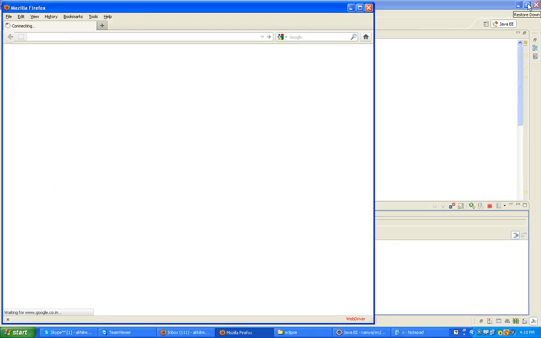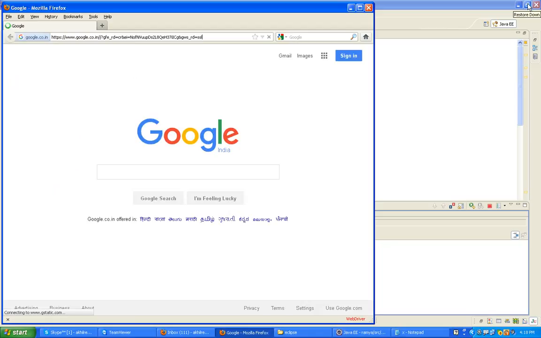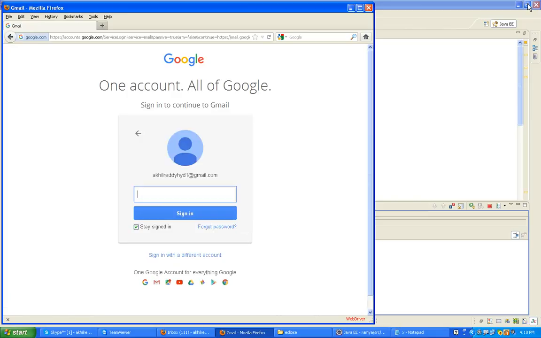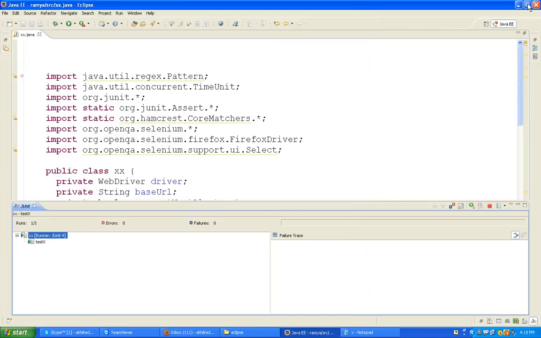It is opening Gmail, Google, Gmail. You will enter ID and password. All right. That is Selenium IDE.